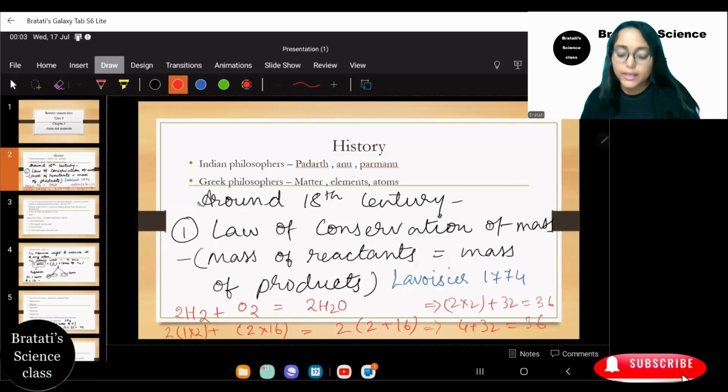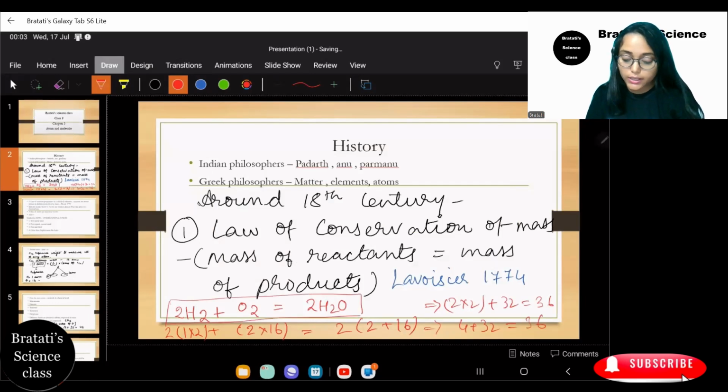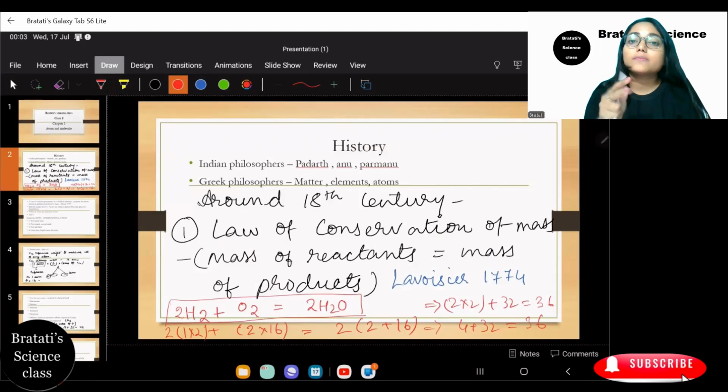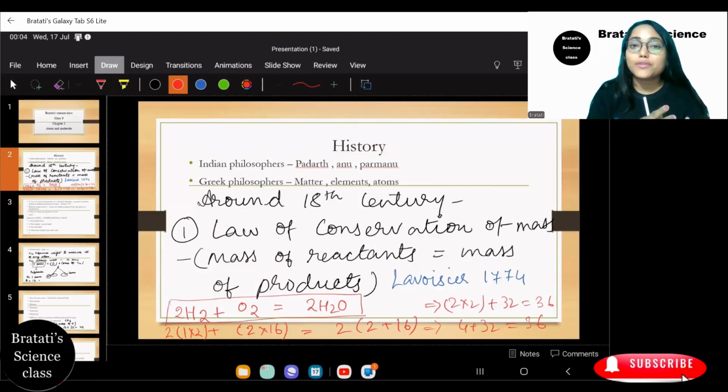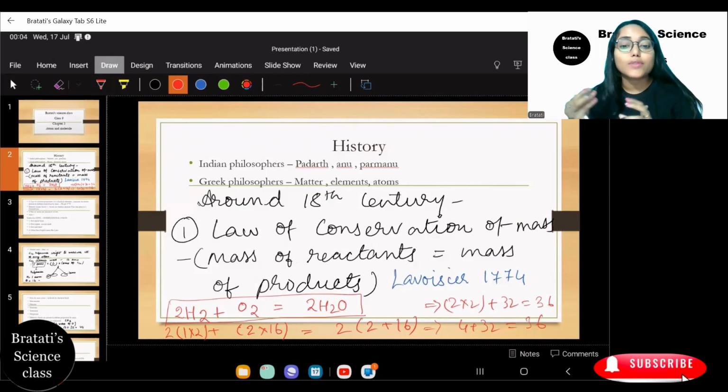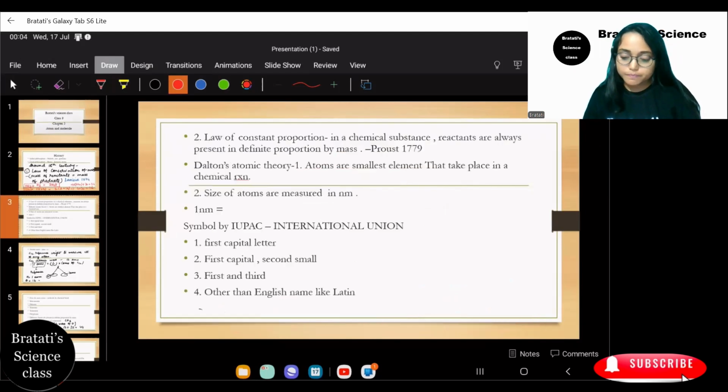So it is proved that hydrogen and oxygen react to produce water. In that case, two molecules of hydrogen and one molecule of oxygen together form two molecules of water. In this chemical reaction, the total mass of hydrogen and oxygen before the reaction and the total mass of the water after the reaction is the same. Okay, all right. So now moving to the next one.